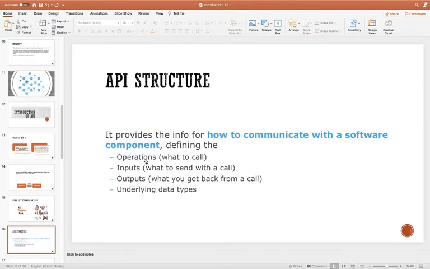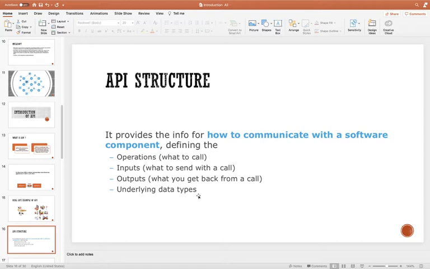There I will pass GET and the resource name inside the operation, meaning I want to retrieve a book from the book management system. That is the operation. In the input I will give the book name, like I want this book. In the output I will receive that particular book. And the underlying data type means what will be the structure of our input message and what will be the structure of our output message.